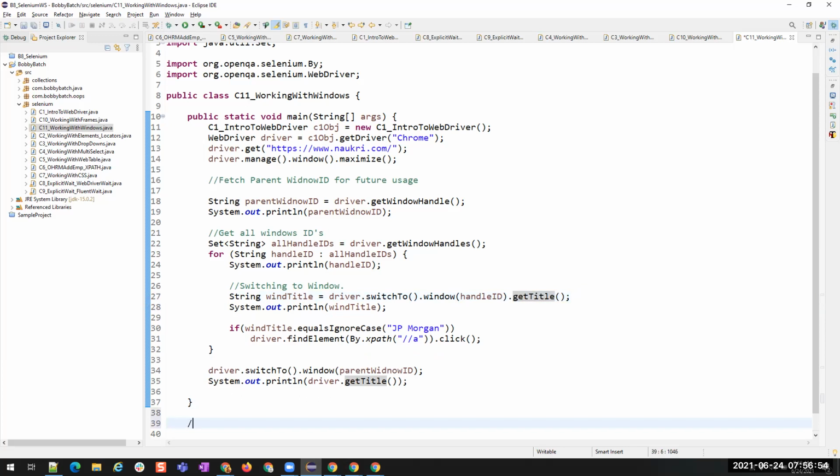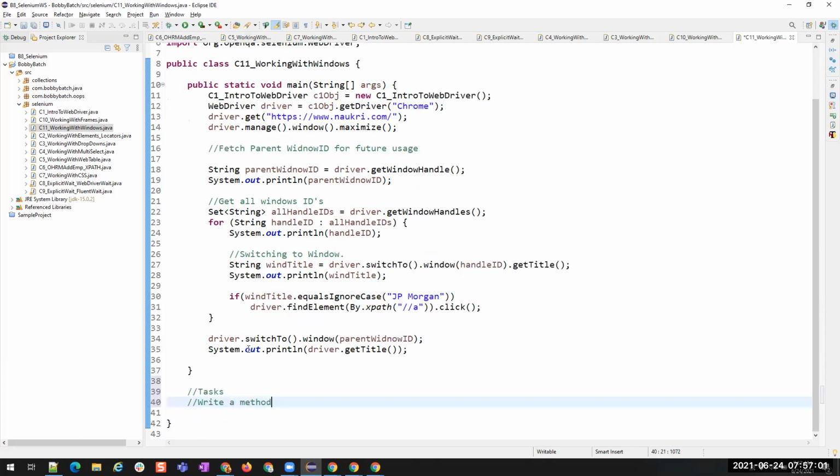And so here are the tasks for you. Write a method to switch to a window using a title. Another is write a method to switch to a window using its URL.